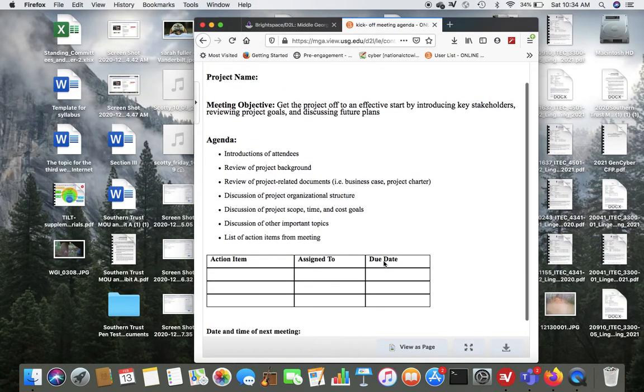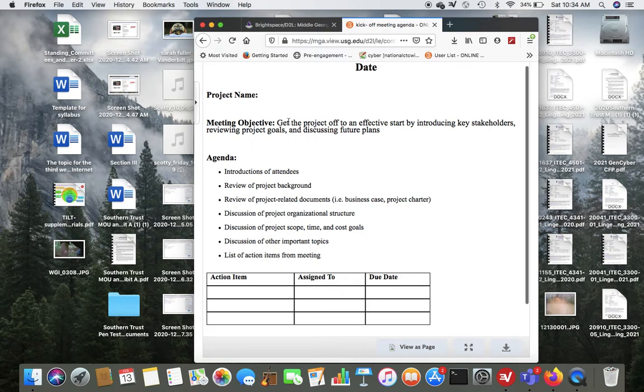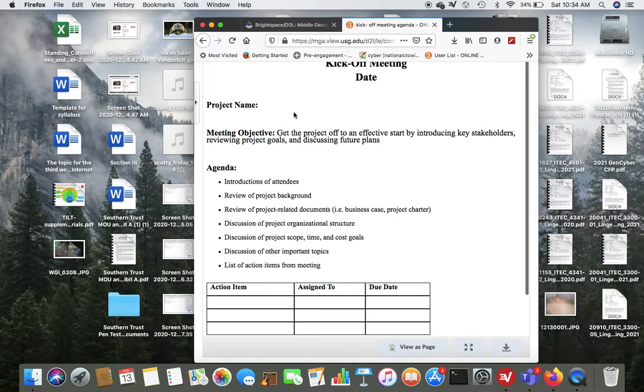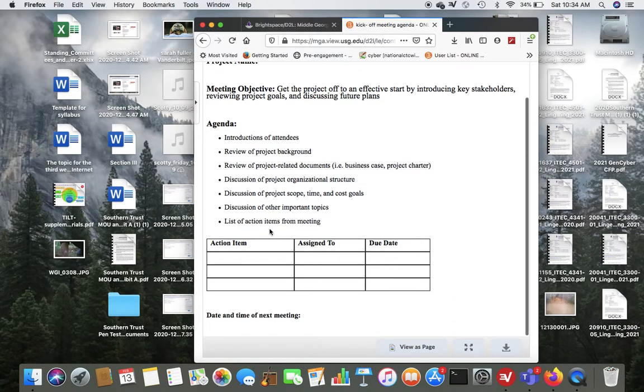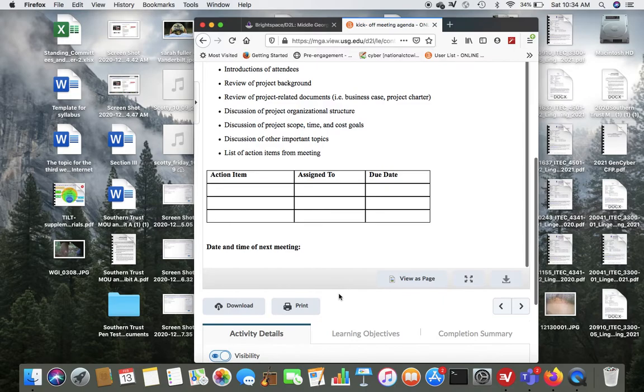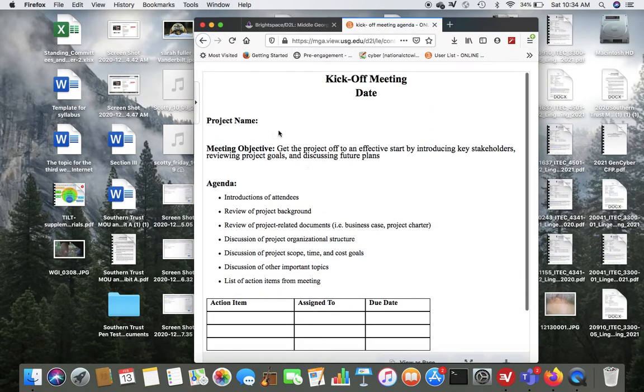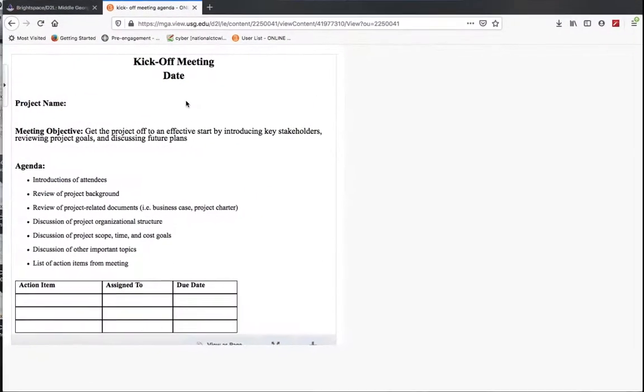A lot of them are just templates. You can just fill in some of the information, project name, the objective. This is just a sample agenda, and action items. Action items are tasks from the meeting that will be assigned to team members and due dates and stuff like that. Okay, so that's one there.